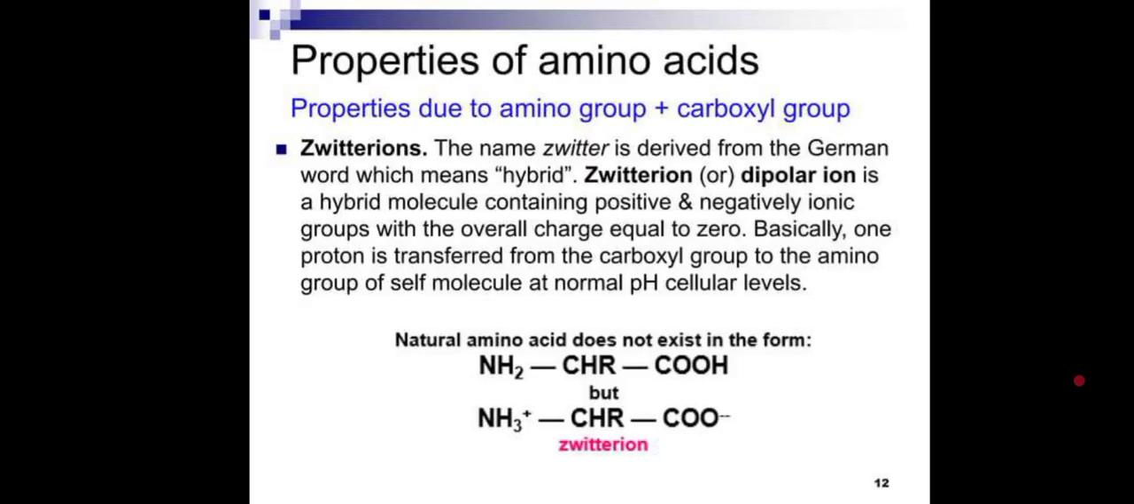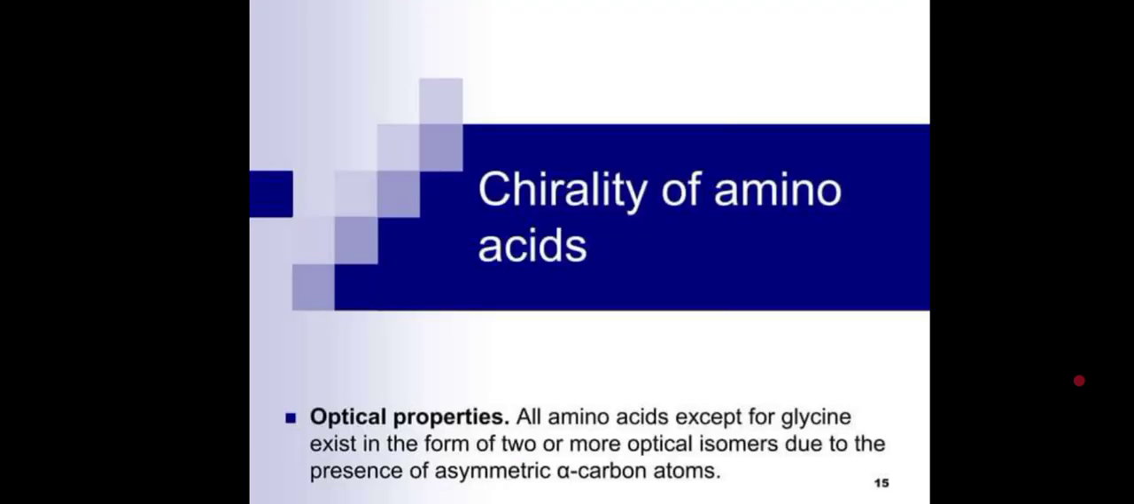We have the amino group providing a positive charge, and the carboxyl group with an overall charge of negative. That is the amino group neutralizing the carboxyl group, so that the amino acid has a neutral charge. Then let's look at the